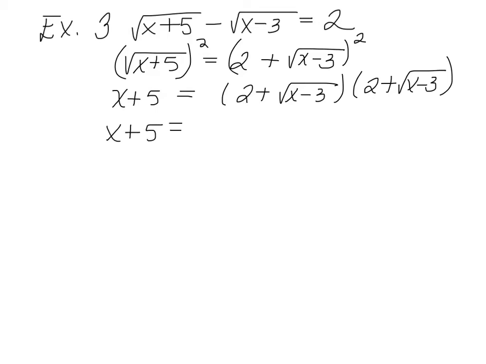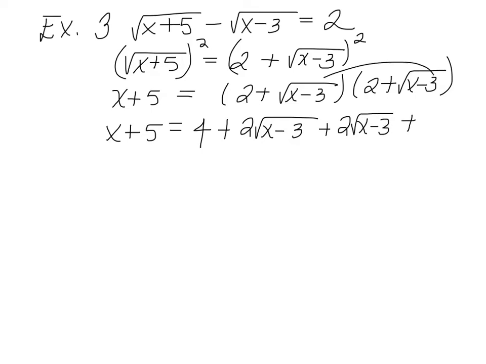So you're going to get 4 plus 2 radical x minus 3 plus 2 radical x minus 3 plus, and the radicals will cancel, x minus 3. So I'm going to combine like terms. The 4 and the minus 3 will make 1. Then I got an x. Then I got 4